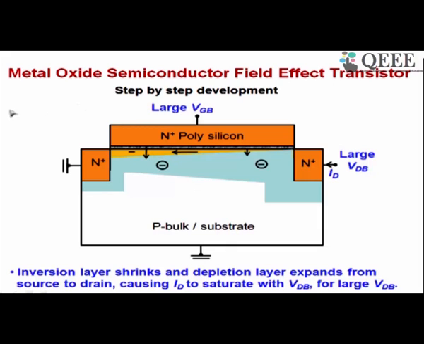You can see here that if I go along this line in the n plus polysilicon, voltage is constant, it is equal to VGB. VGB is the voltage between gate and bulk. However, if I go along this line at the interface in the inversion layer, voltage is changing. Here the voltage is 0 as shown here, whereas here at this end the voltage is VDB. So this is positive. You can easily show based on this that the electric field in the vertical direction is more near the source and less near the drain. Let us explain that here.